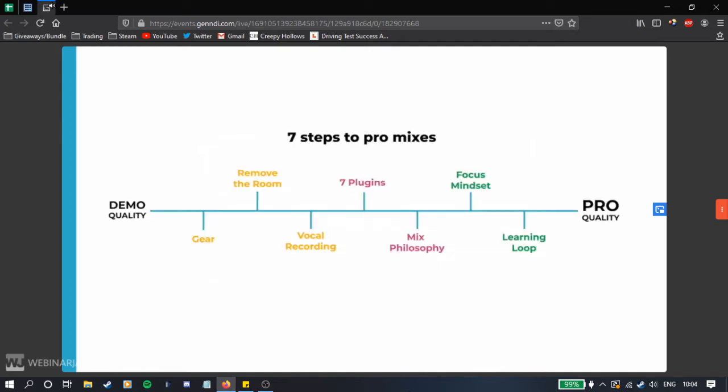Let's dive right into the meat of this. So the 7 steps that you're going to learn today: gear, remove the room, vocal recording, 7 plugins, mix philosophy, focus mindset, and learning loop. Now, this isn't going to make much sense now, but by the end of today's workshop, this is going to